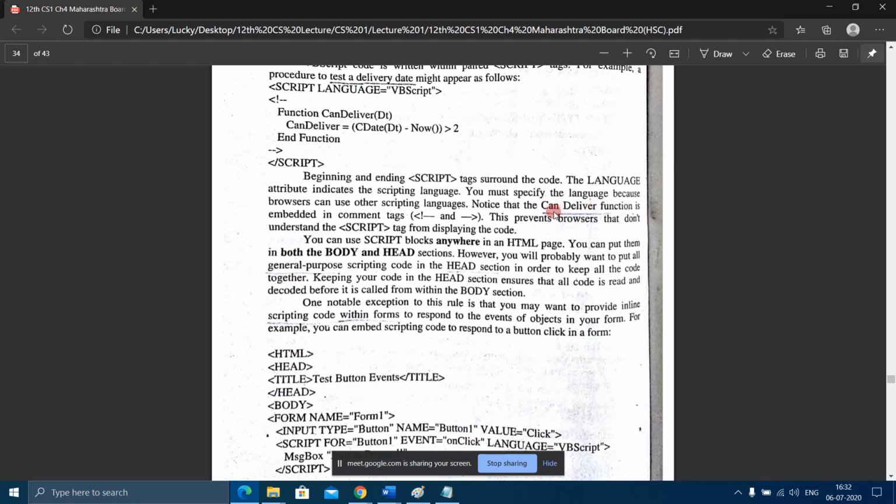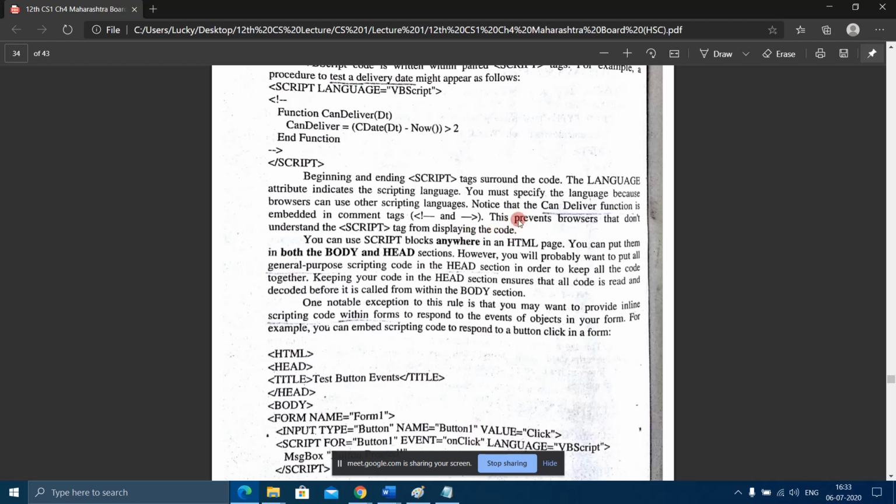Now the function it's talking about, the canDeliver function, is not working. But as you can see here, this function is embedded in comment tags. I have explained why comment tags are used. This prevents browsers that don't understand the script tag from displaying the code.